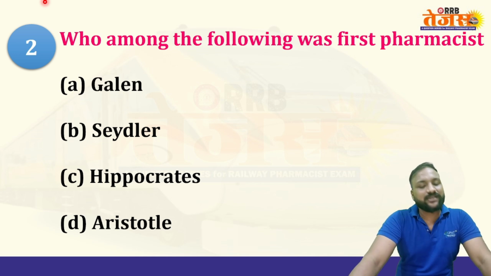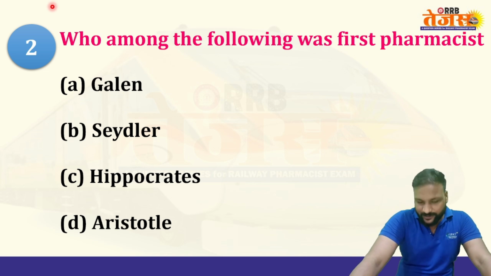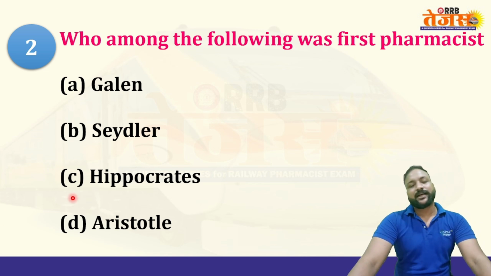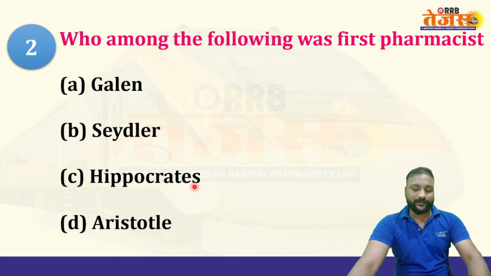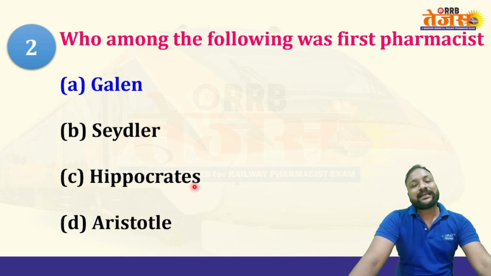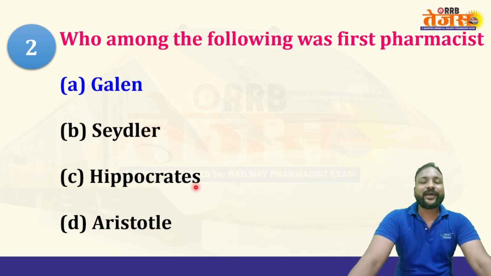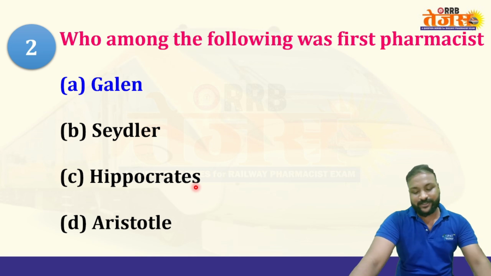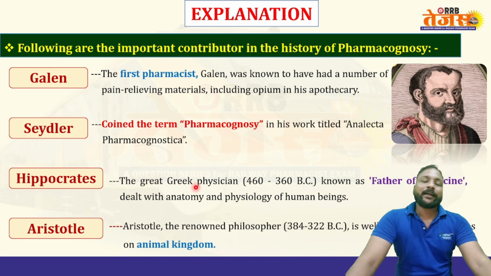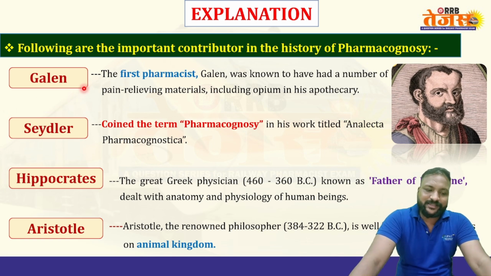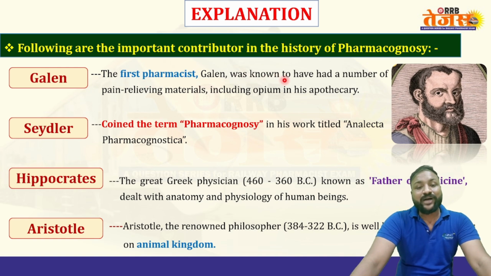First pharmacist. Okay, we'll check for the right answer here. Galen is known to be the first pharmacist. We'll see the explanation for this question. Galen is known to be the first pharmacist and was known to have had a number of pain relieving materials, including opium, in his